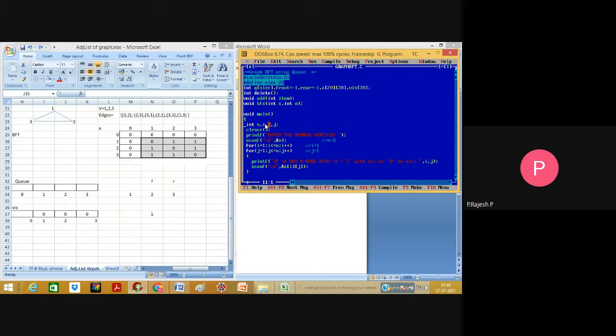Right, let's check out how the BFS technique is going to work. First, we will enter into the main function. After entering the main function, we have taken a few variables. The number of vertices I'm going to read into the n variable. Then, to insert the values based on the edges, we make the changes to be an adjacency matrix.